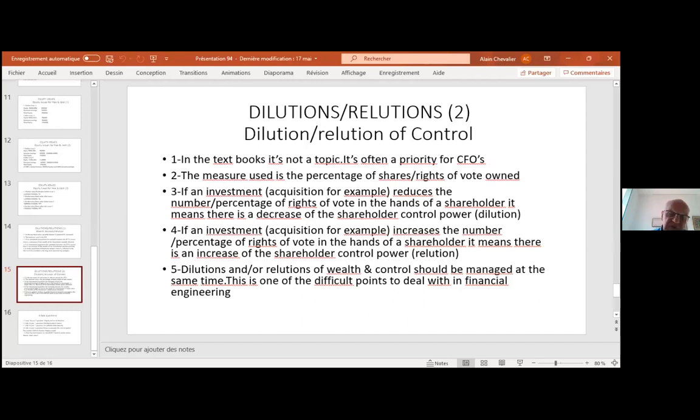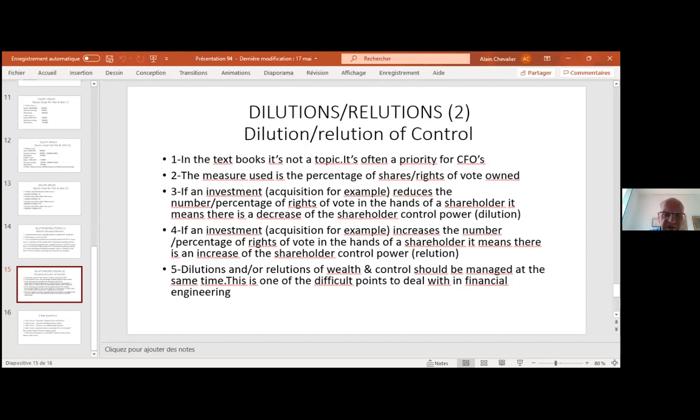That means if you come back to our topic, when you make an equity issue, you have to be very careful of the consequences in terms of dilution and evolution of control, short term and medium and long term. This is one of the difficulties you have to integrate into your choices of equity issues. And you have to integrate it not only in the very short term, but also in the medium term.